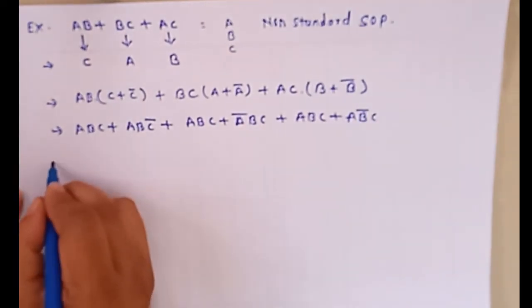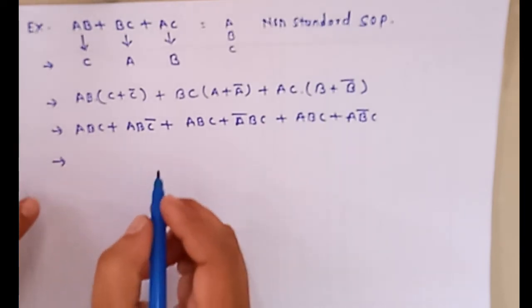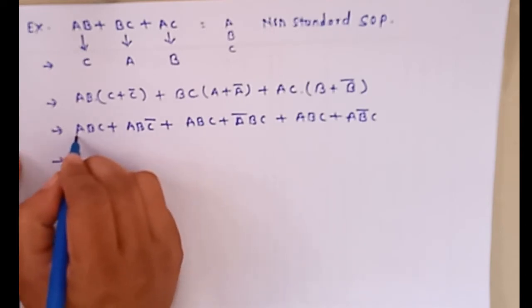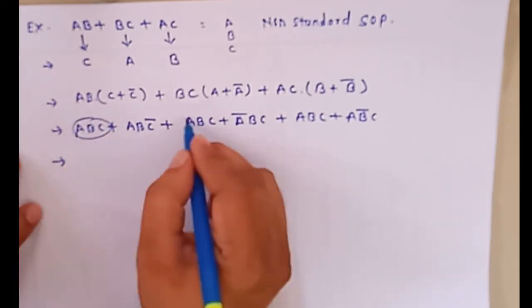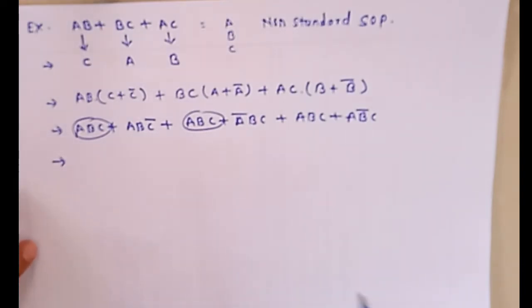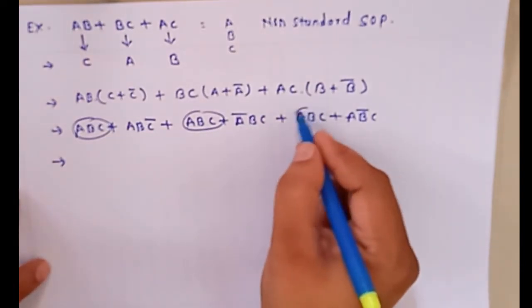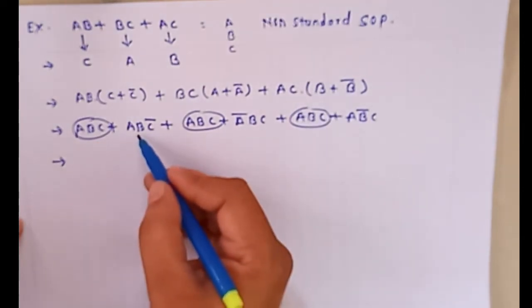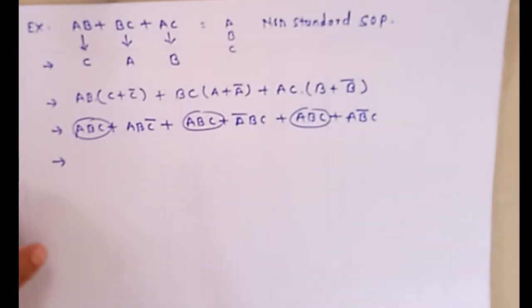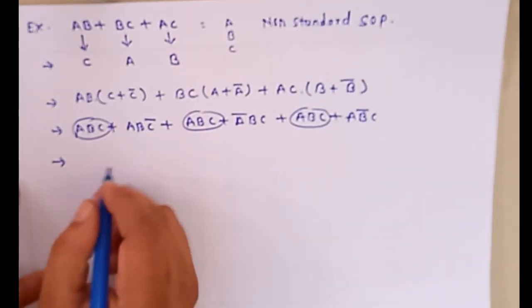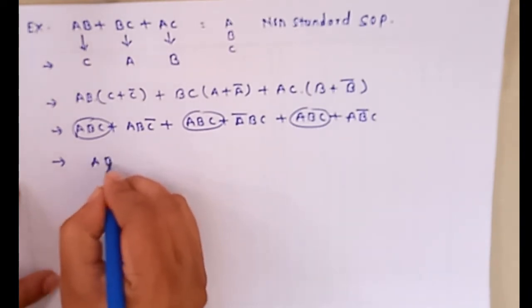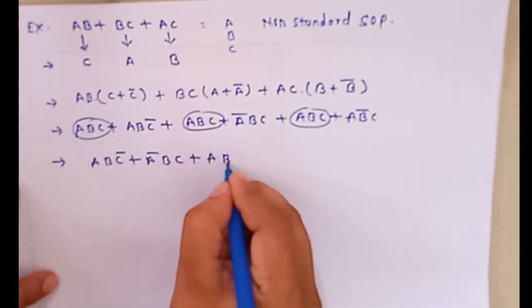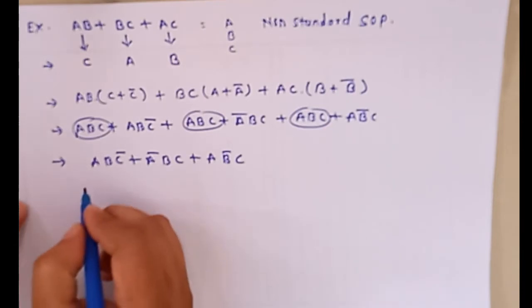Okay, now third step is what? In third step we have to neglect the common terms. So find out the common terms. So this is ABC, ABC, these two terms are same. Again one more ABC is there, so this is also same terms. Okay, ABC, ABC, then this is what? ABC bar, A bar BC, AB bar C. Now all these are now different terms. So the final equation we will write as ABC bar plus A bar BC plus A B bar C. So this is what? Our final equation.